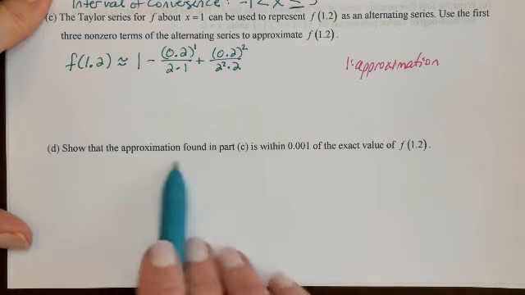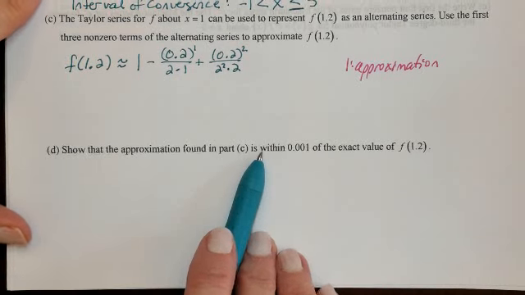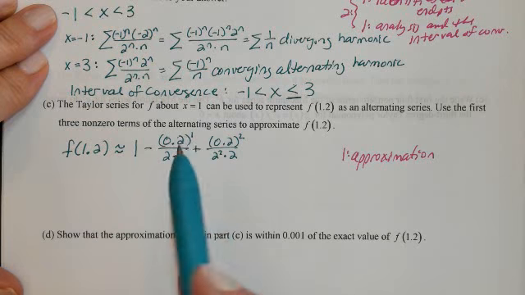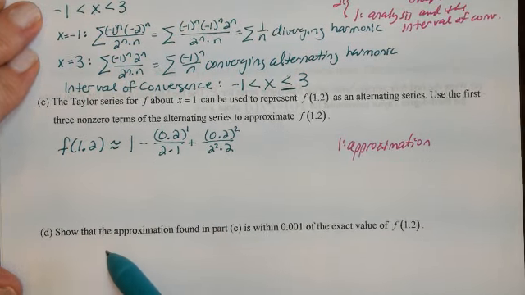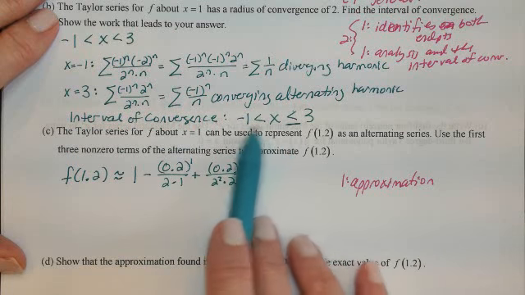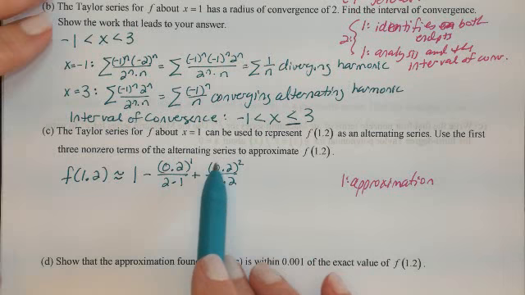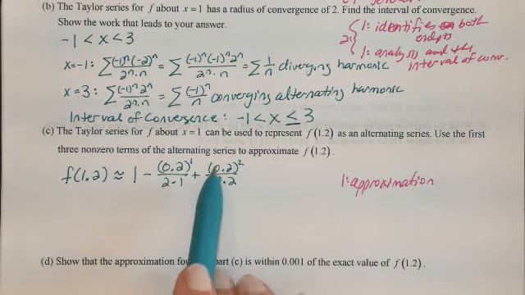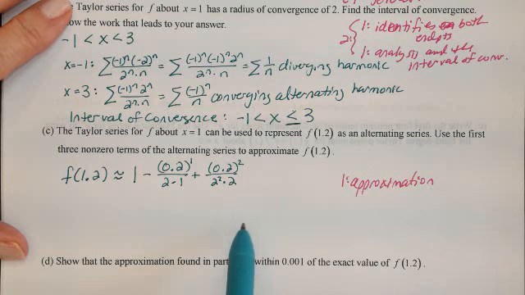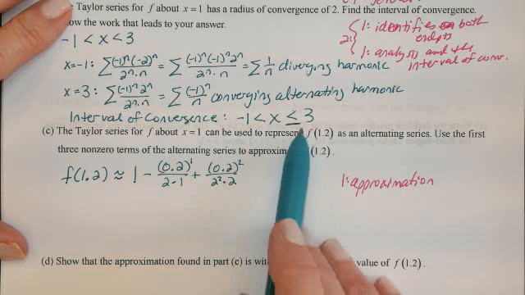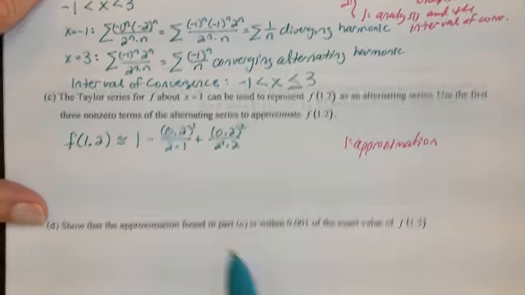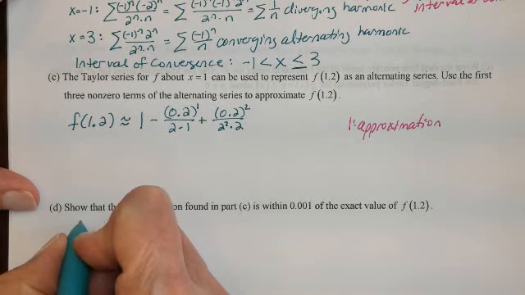So we're talking about error here, and they kind of gave it away up here when they said it's an alternating series. Can we use the alternating series error bound? Yeah, we can, because when x is 0.2, we're converging. We have an alternating series that's converging then. So I know this alternating series is decreasing in magnitude to 0 when x is 0.2. Not when x is 4, but when x is 0.2 it is. So I'm going to say that